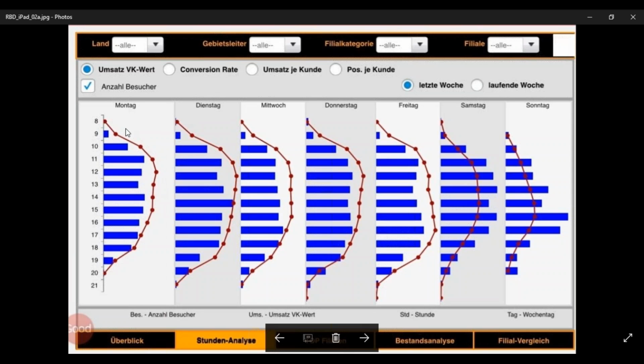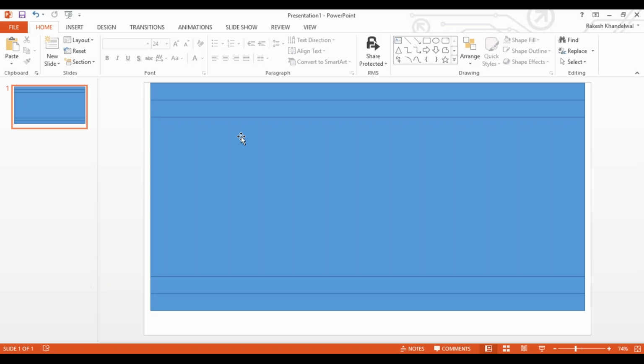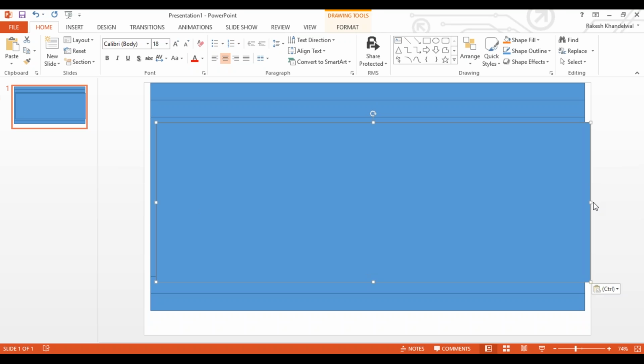Then again in the chart area, you see there are 7 charts for Monday, Tuesday, Wednesday, Thursday, Friday, Saturday. Each day has one chart. So you take one chart component, you put it, and you divide this particular cell into 7 different cells, 7 columns. So you put one grid again and divide it into 7.